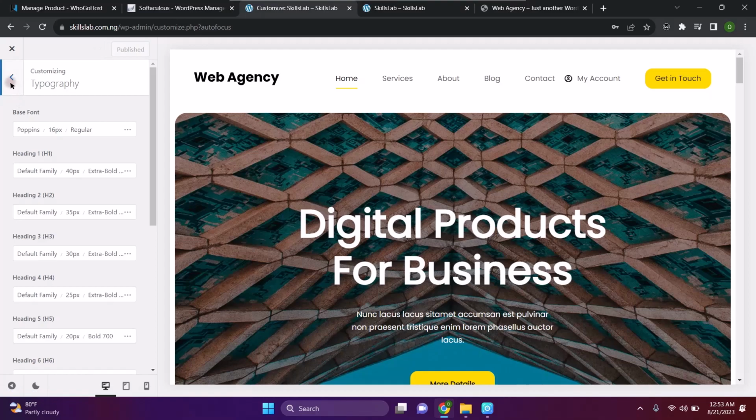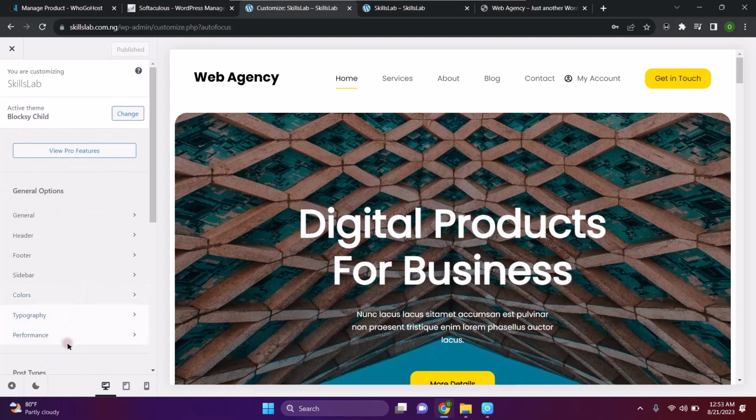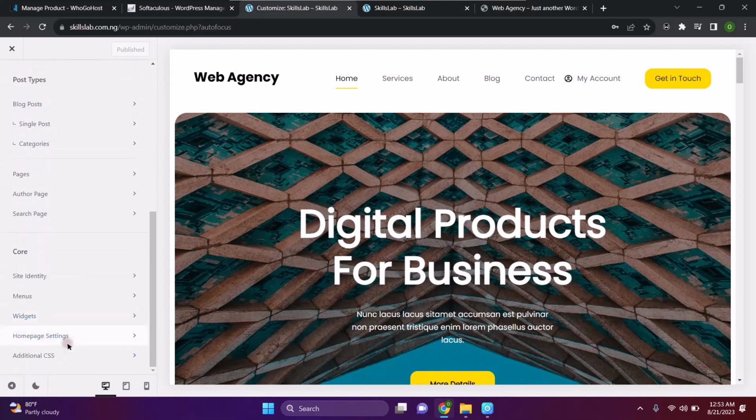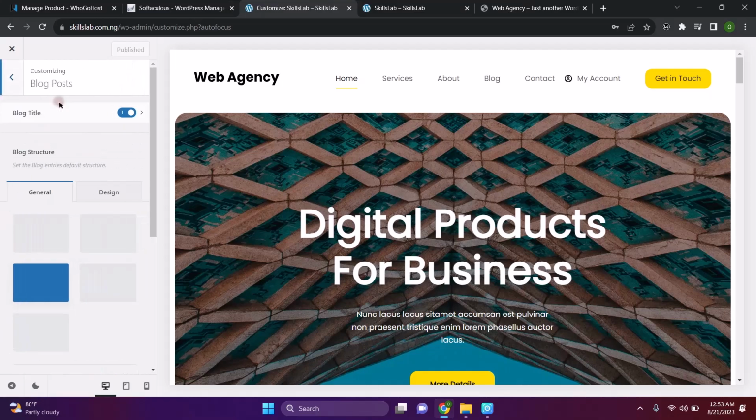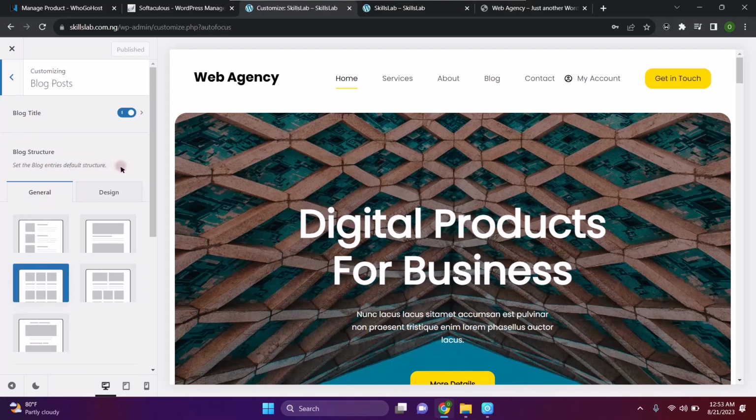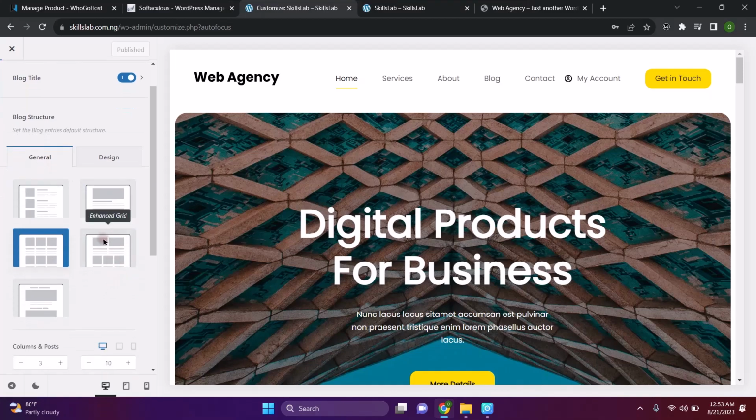So you go back, and all this performance, and this is all about posts. That is blog posts, how you want it to be, how you want your listings to be. You can see blog structure. Set the blog entries default structure. If you want it to be this way, and you want it to be grid, you want it to be classic, and you want it to be enhanced grid. That is some, aligned like that. And this is Gutenberg